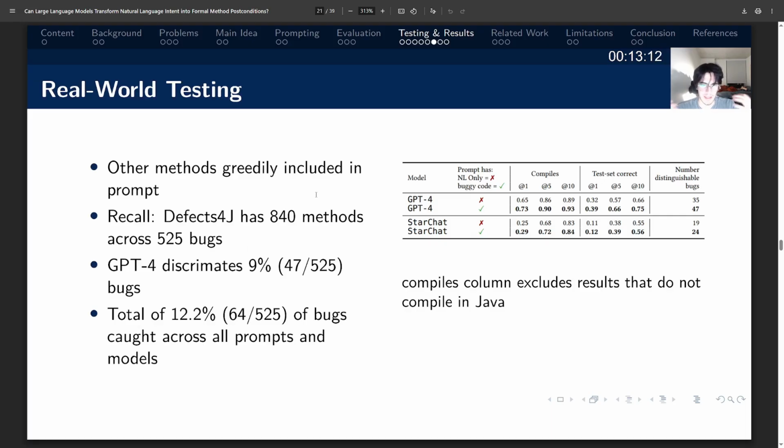Recall that Defects4J has 840 methods. Defects4J typically has a lot more bugs, but they had to reduce the size to be compatible with their natural language to post condition tool, because some of the bugs were in way older versions of Java that don't accommodate their tool. They also greedily include other methods in the prompt, because they realized that the method in isolation often wasn't enough for the model to understand what the method was actually supposed to be doing. That said, GPT-4 ends up discriminating 9%, so 47 bugs out of 525, and this is after